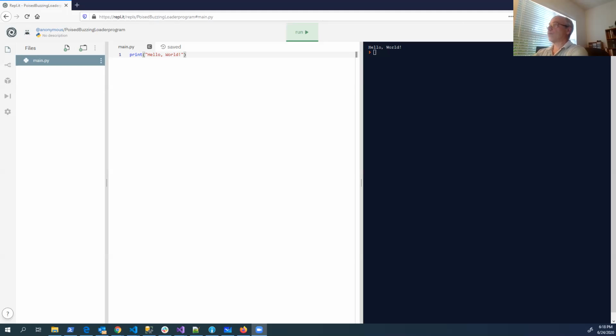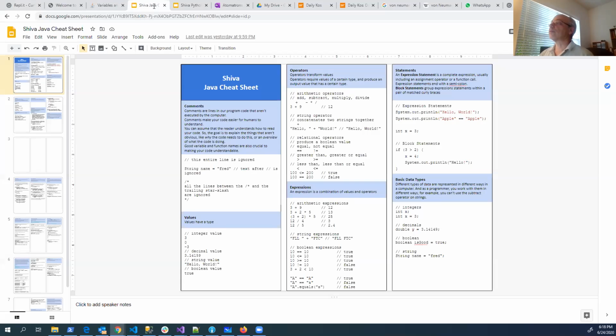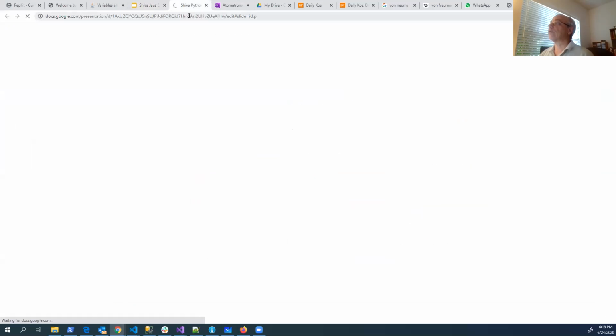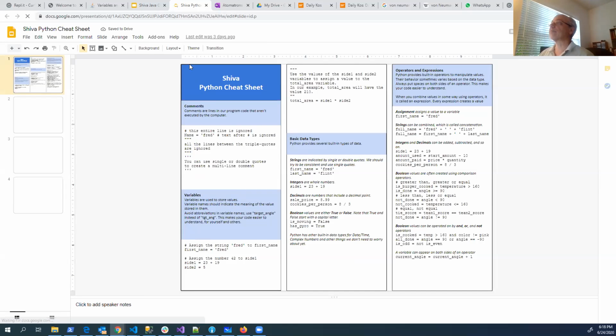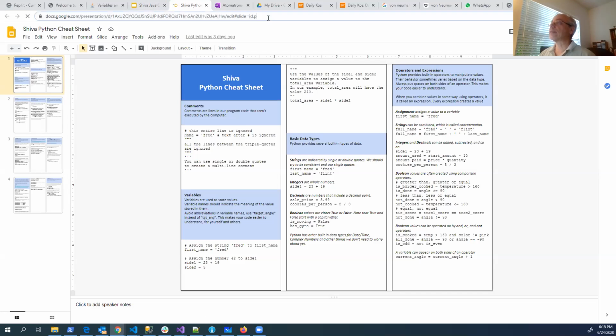All right, so back to programming. We've written some code and we've got something to happen here in Replit, so that's good. And I've written up some simple cheat sheets. Let's see how I can tell you how to go find them. There's this one for Java, and we have this one from last year for Python, and they cover similar information. Rylan, you'll want to take a look at this.